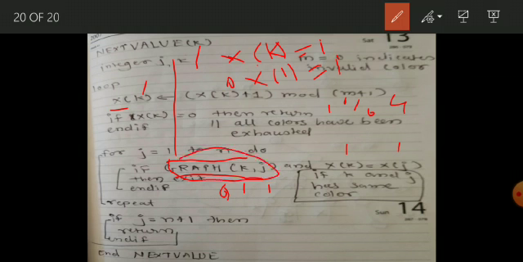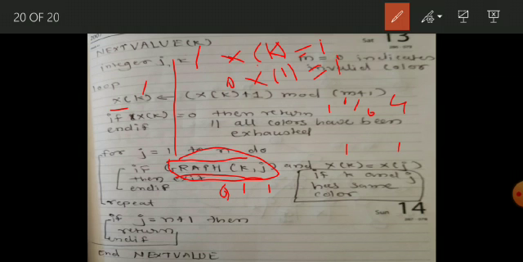So if one of the conditions goes false, we are going to break from this particular loop. Here it indicates that both the vertices are the same vertex, or both the vertices are adjacent to each other, in which case you cannot assign the color. So it will come out of the loop.